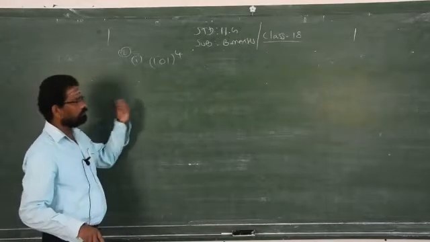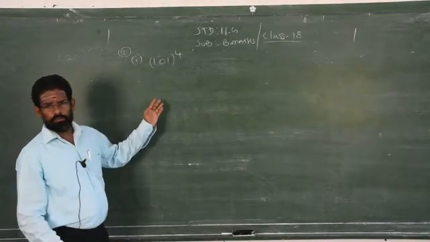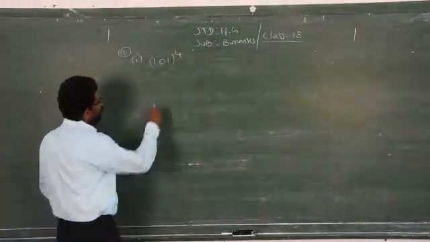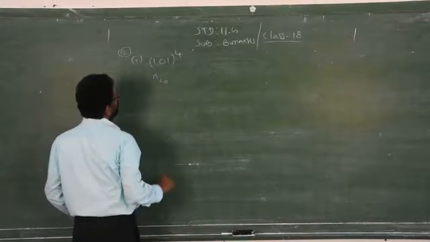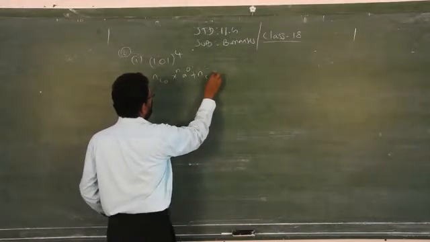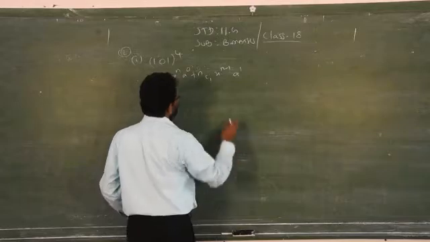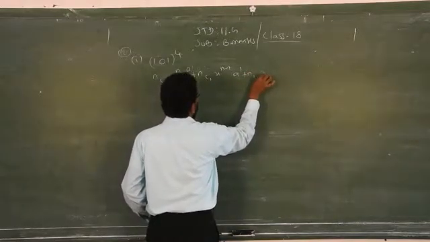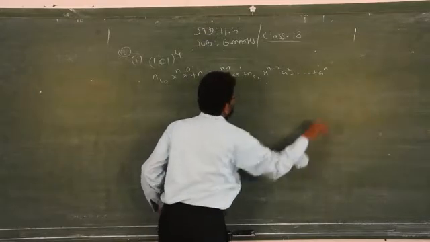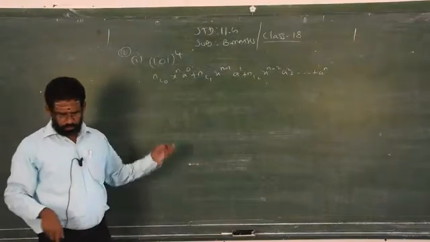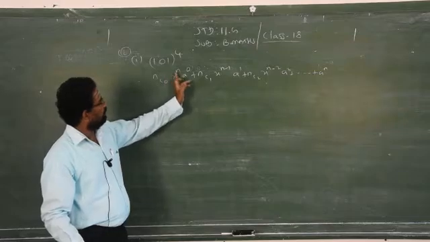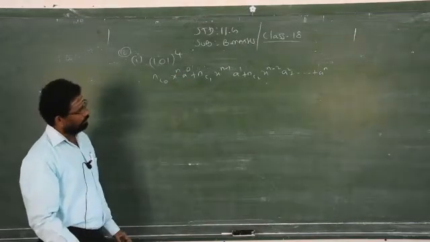Yesterday itself I wrote the formula, the binomial formula, that is the binomial theorem. So again I will write: nC0 x power n a power 0, then nC1 x power n minus 1 a power 1, plus nC2 x power n minus 2 a power 2, plus etcetera, plus the last term a power n. This you know very well, isn't it? Depending upon this, you have to reduce 1 in the power of x and add 1 to the power of a. That is the concept.